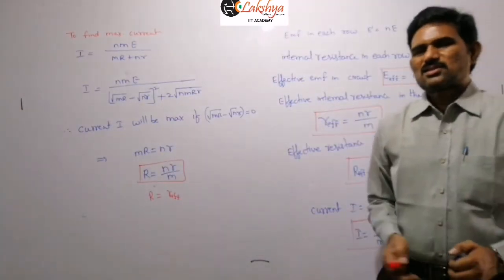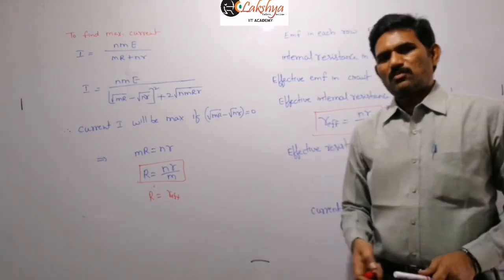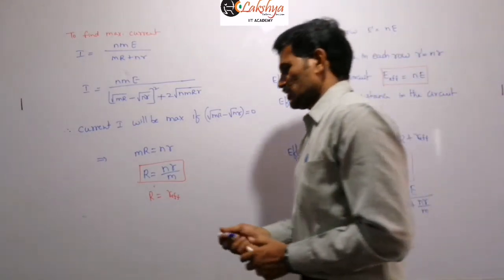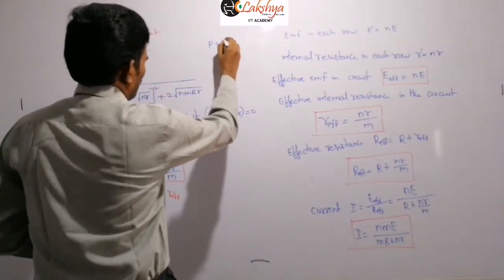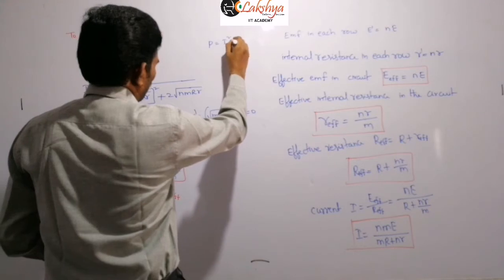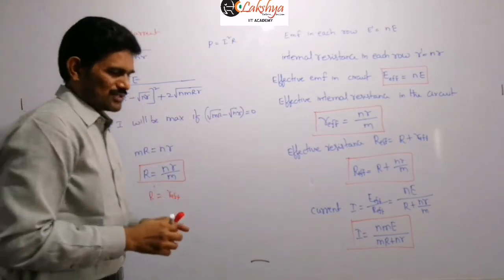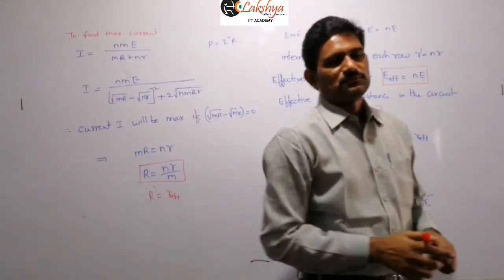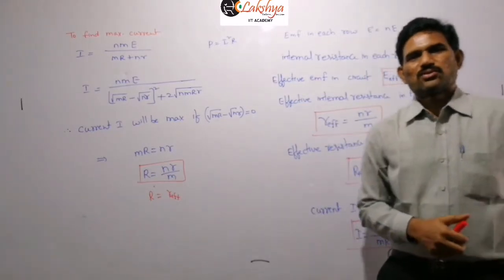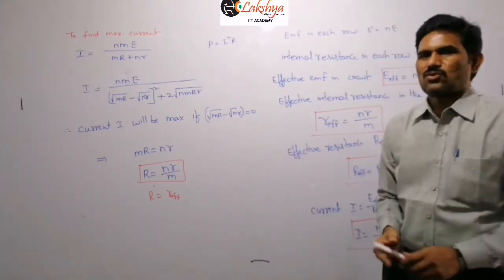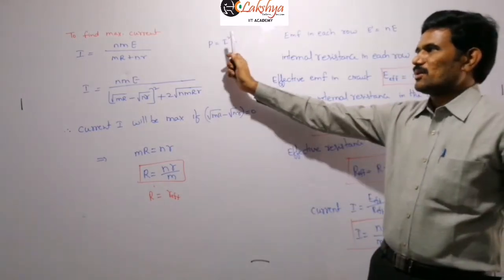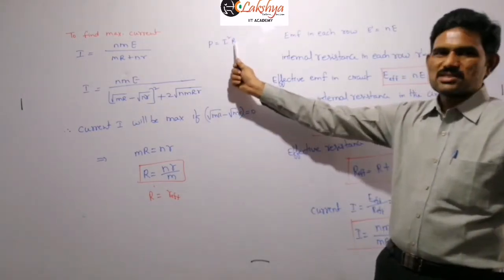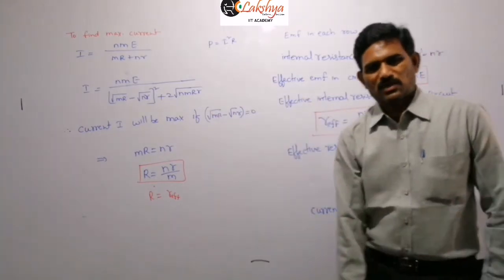So when current in the circuit is maximum, then automatically power will be maximum, because I think in lower classes you learn about the electric power formula. We write like I square R, right? And later we will discuss about this I square R when we discuss the heating effects of current, how to derive that expression. That means the power delivered to this external resistance will be maximum when this I value is maximum, right?